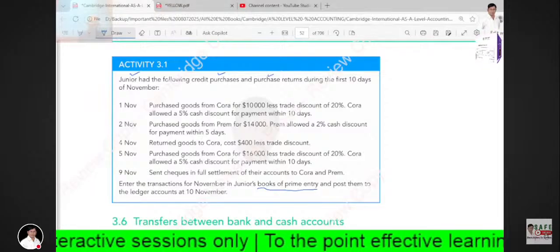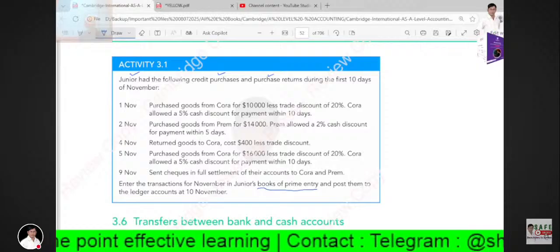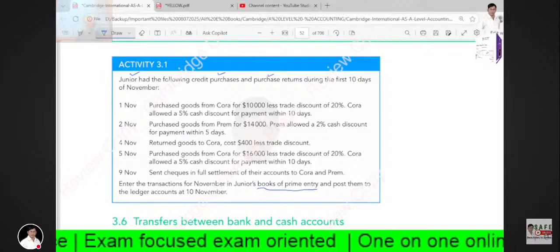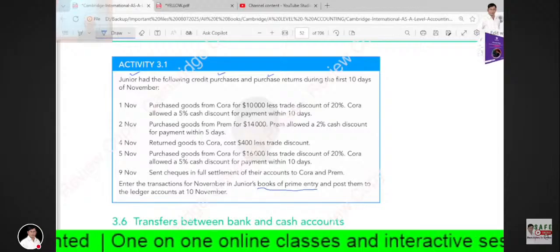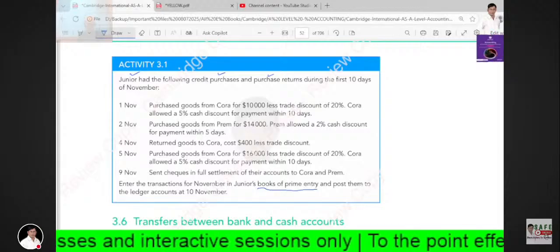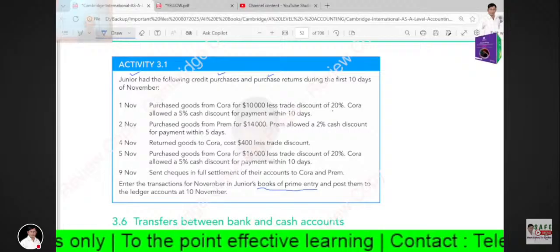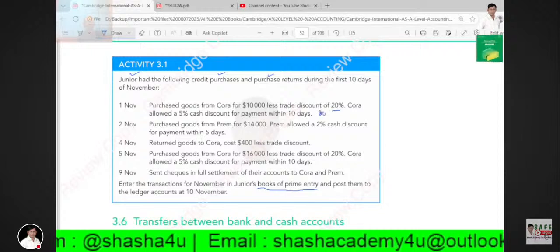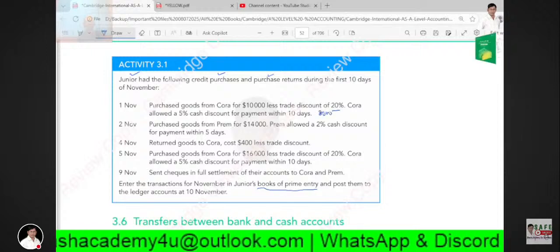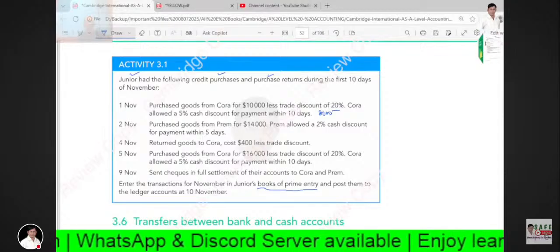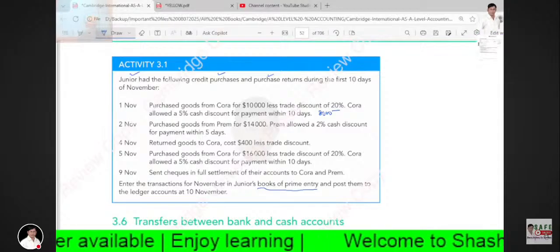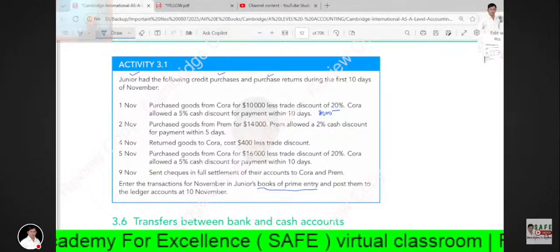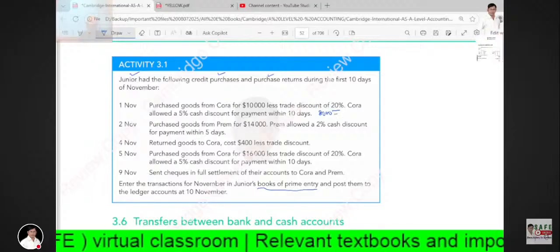So first November, purchase goods from Cora for 10,000 credit, less trade discount of 20%. So this will be recorded at 8,000. So Cora allowed a 5% cash discount for payment within 10 days. So 5% cash discount means 5% of this is